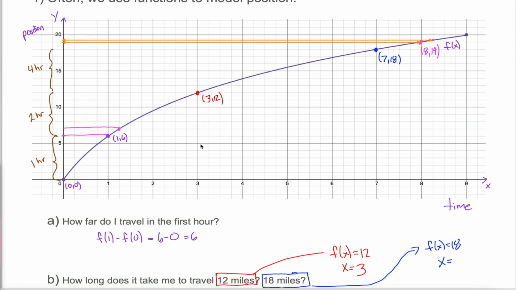But think about how that could happen. Maybe at the 8 hour mark, I'm walking really fast for a split second, and then I slow down for the rest of that 15-minute interval. And maybe at the 1 hour mark, I'm walking really slowly and then I speed up for the rest of that 15-minute interval. So that in this 15-minute interval, I end up covering a lot more ground than I do